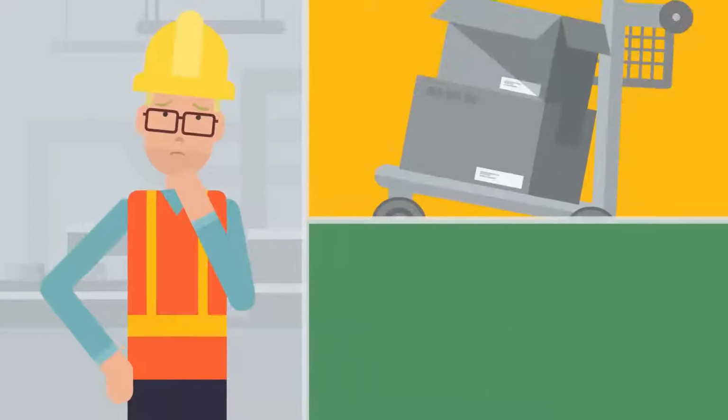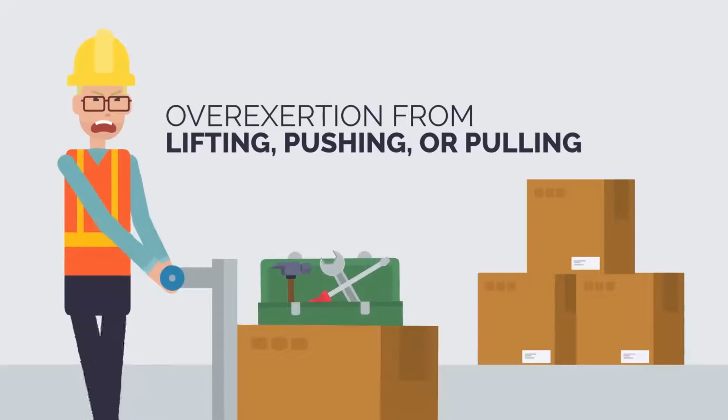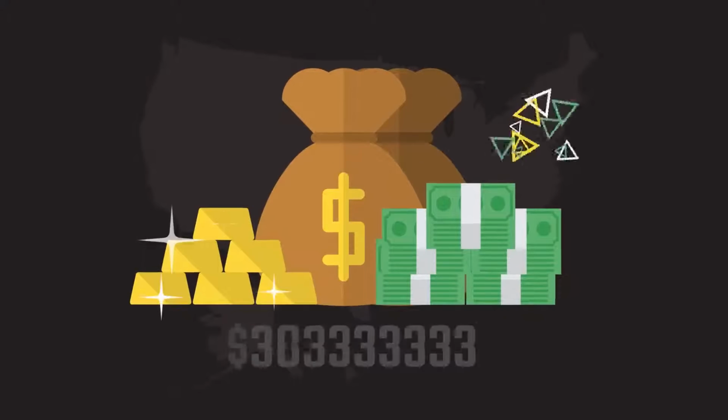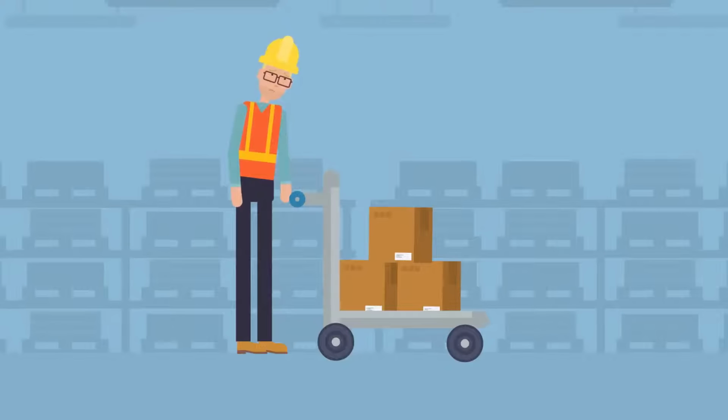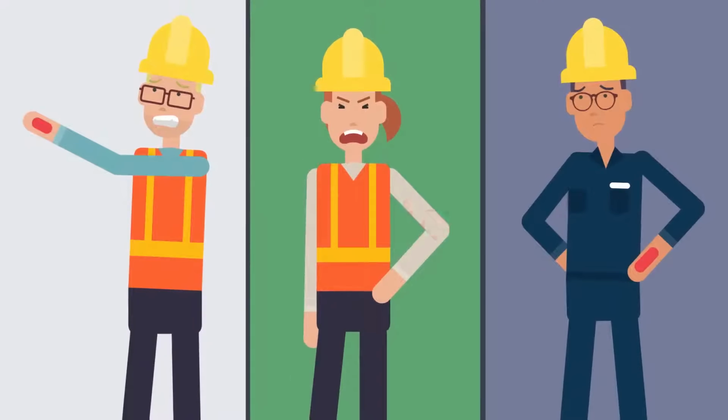What are manual carts costing you? Overexertion from lifting, pushing, or pulling an object costs employers in the United States over $13 billion each year in both direct and indirect costs. When workers use manual carts and dollies to haul a load, the strain on their wrists, elbows, knees, and back